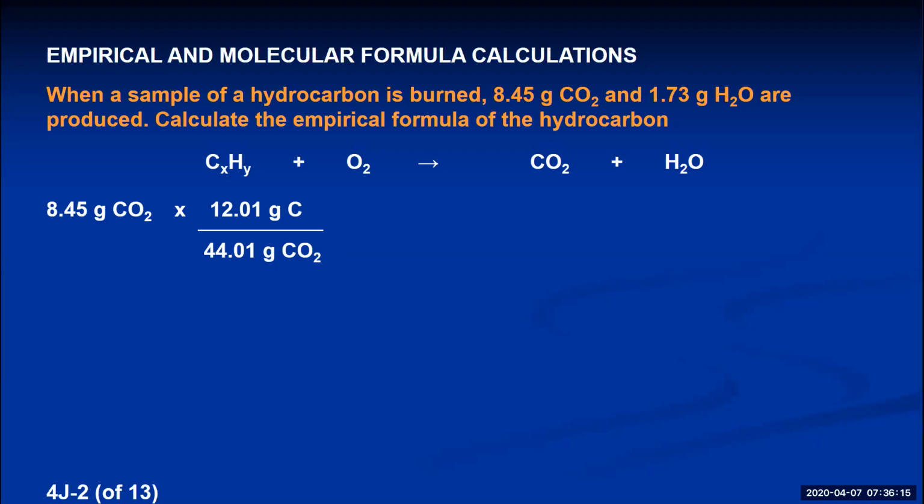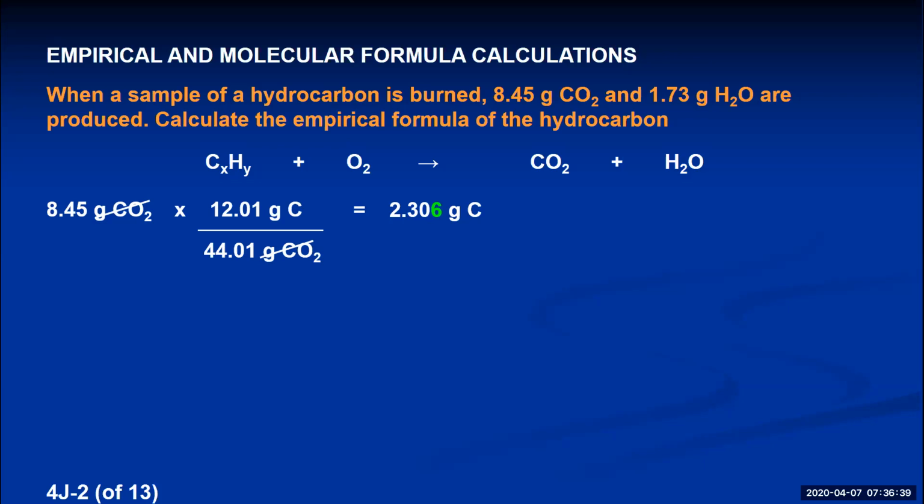If I use that fraction, I can cancel out my grams of CO2, and I now know how many grams of carbon must have been in the carbon dioxide. That comes out to 2.306 grams. And if that amount of carbon is in the carbon dioxide, that has to exactly equal the amount of carbon